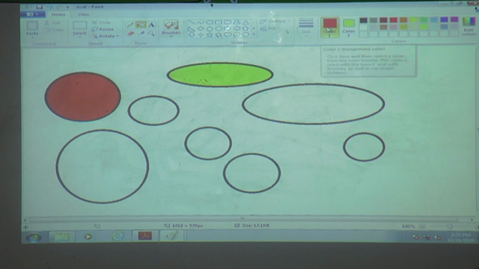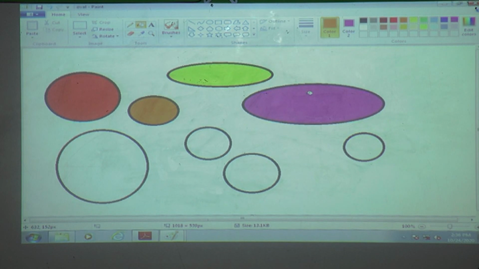Clear? Now we will change the color. We will change the second color. Which button do I press now? Good, left button. Why? Because it takes the first color. Now it is right button.